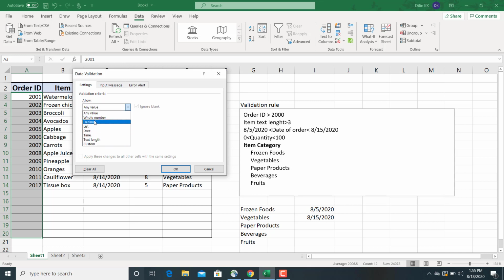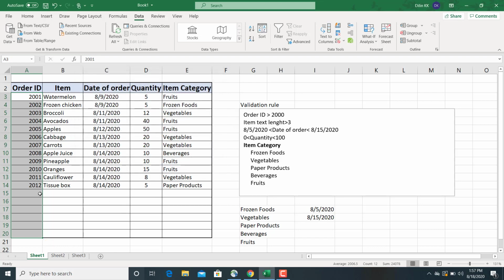So select Whole Number and then select Greater Than, with the minimum value 2000. Then press OK. Now this much cell is validated with the validation rule: a whole number that is greater than 2000.